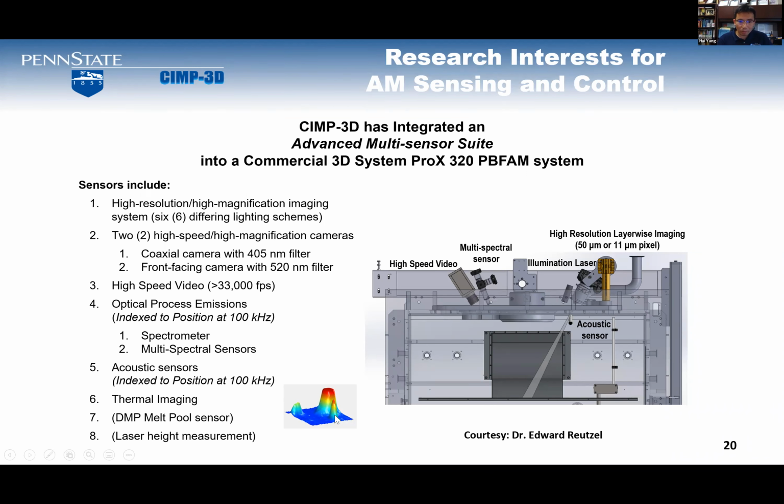So this is a thermal melt pool. When you use a laser to fuse one point, this is the melt pool that you build. It's like a mountain, like a volcano, right? On Earth, we have volcanoes that form a particular geometry of a mountain. Now in 3D printing, we also use the laser to fuse a specific point, and it will generate a mountain and a melt pool as well. So those are the system design with acoustic sensors, spectrum sensors, high-speed video, and the layer-wise imaging system. So this is by my colleague, Dr. Russo.